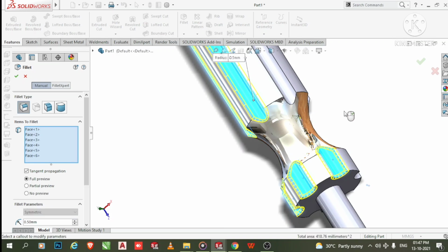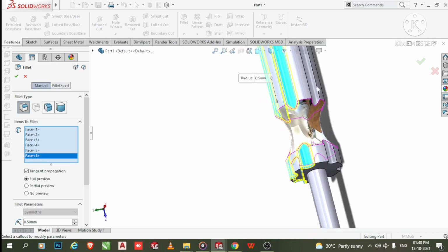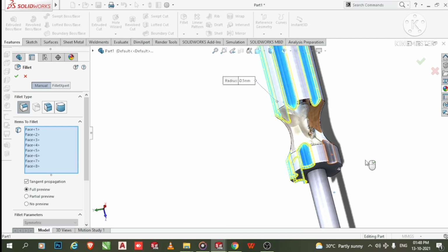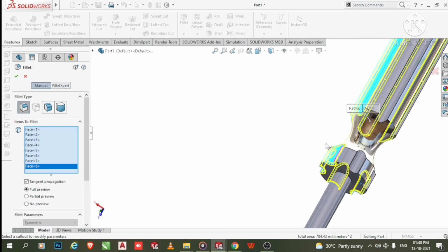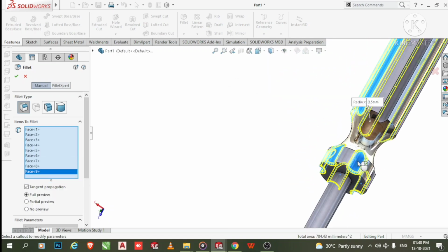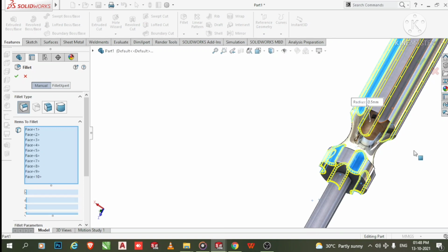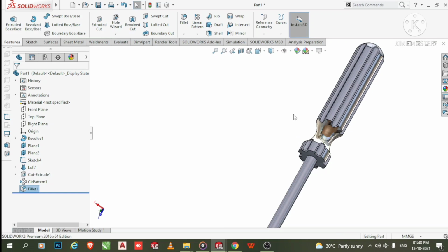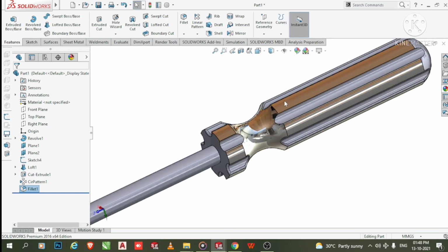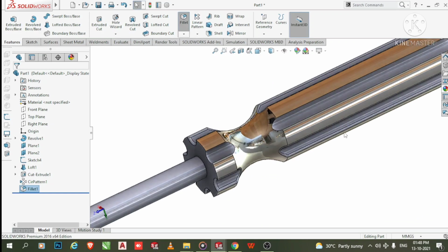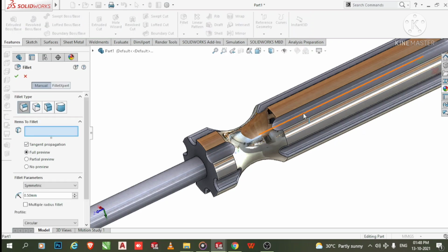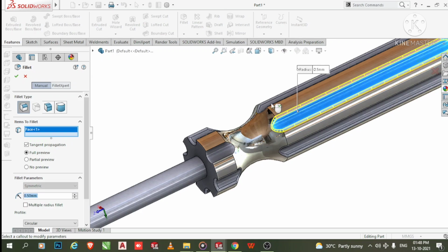So select separately all this one. Again select this face also.